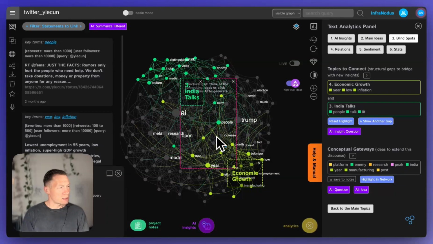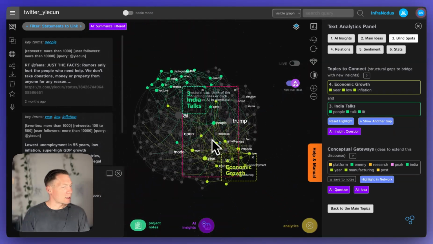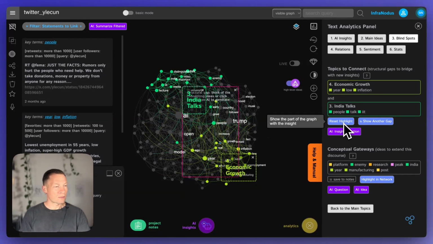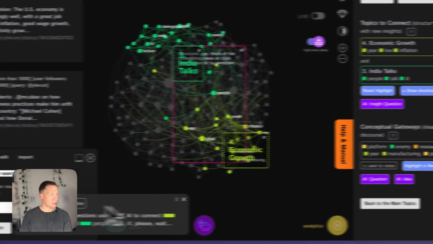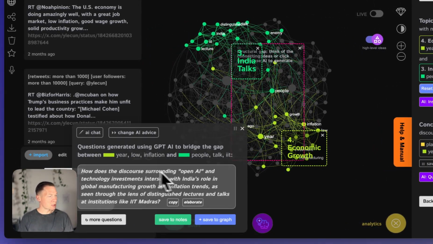So you see, they are not so well connected here because they live and exist on the opposite sides of the graph. It means that there are not so many words that connect them together. So perhaps it could be interesting to link them, and this is what InfraNodus is proposing to you. Look at the structural gap, and then think of an insight question. So usually you would click here, and then the built-in AI would generate a research question that would link those